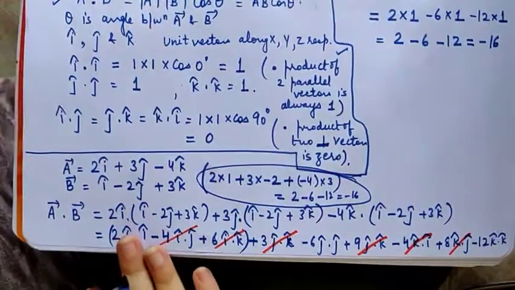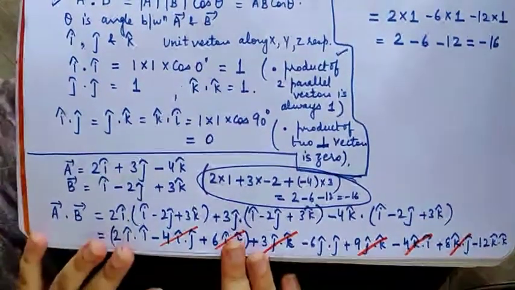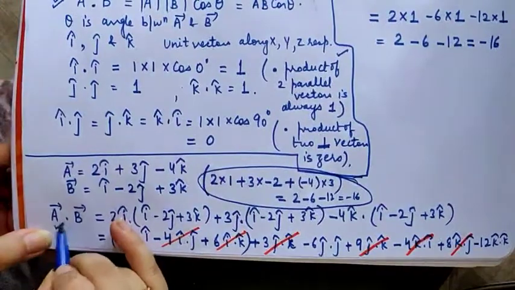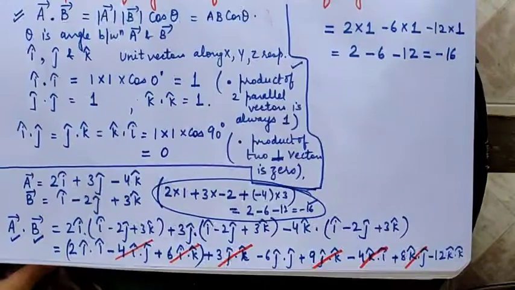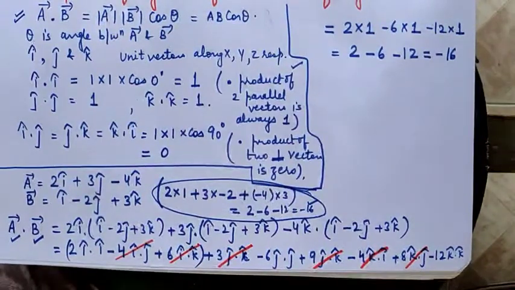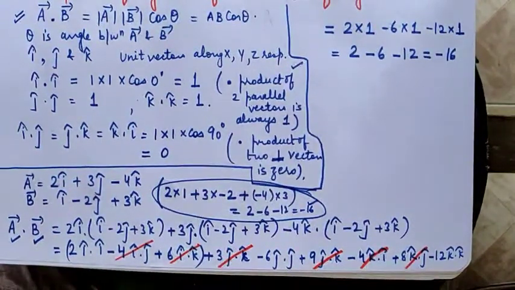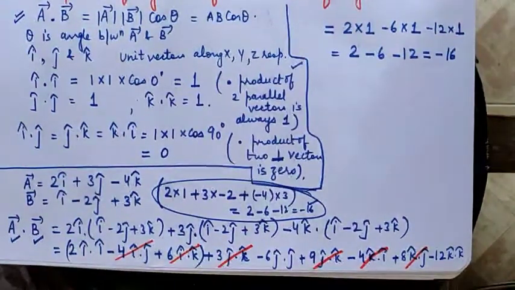This is called the dot product in Cartesian system. And whenever you get numericals, you have to do the dot product in this manner only. And you can yourself see A was a vector, B was a vector. But that dot product, that means minus 16, is not a vector quantity. Rather children, it's a number, a scalar quantity. So you should remember this. Now in continuity, we'll be learning some of the properties of the dot product. I'll explain those properties on the next page.